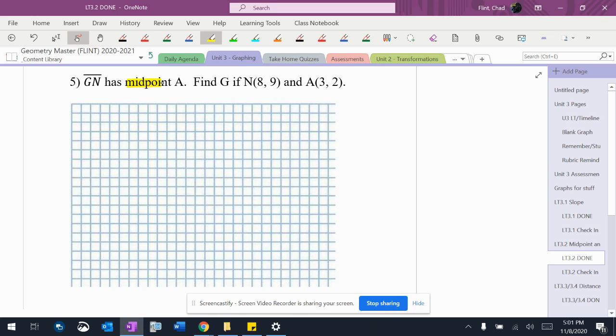Okay, so now here's where we have to be careful. It has midpoint A, and I have A. Okay, so I'm not finding the midpoint here. I'm finding the other endpoint. So this is the other kind of problem that you're going to have come up, and you have to read